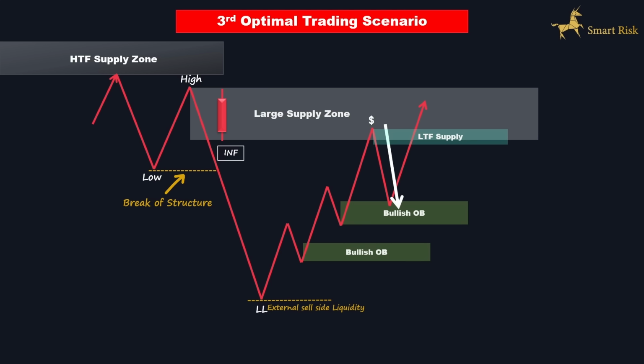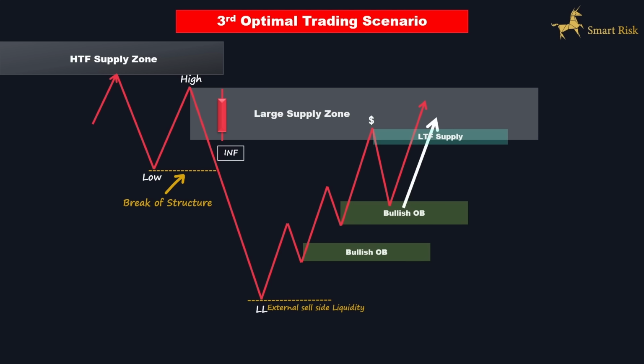Moving forward, it's essential to closely monitor the price behavior as it approaches the bullish order block. We need the price to reverse from the bullish order block, start moving upward, utilize the last supply zone as an inducement, trigger the stop-loss of traders who entered a short position from the last demand zone, and sweep the buy-side liquidity accumulated above the internal high.